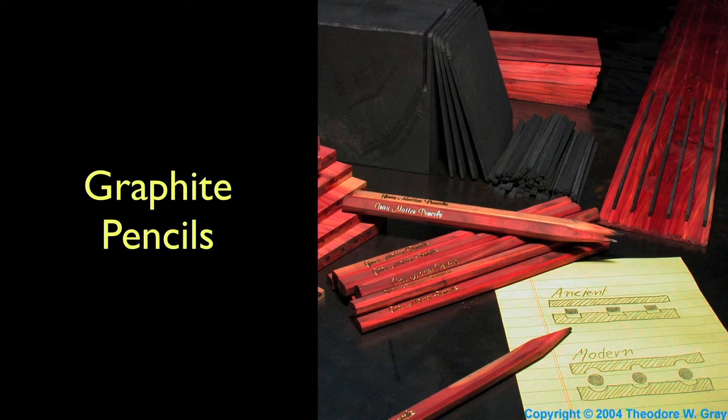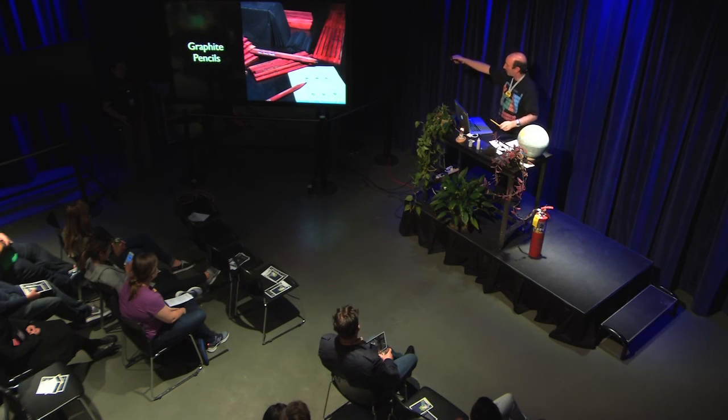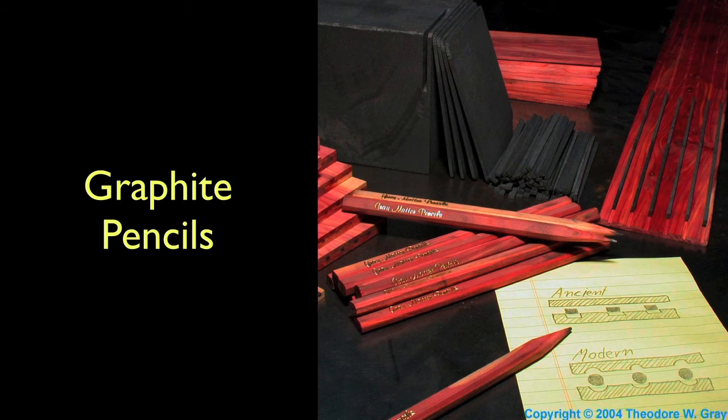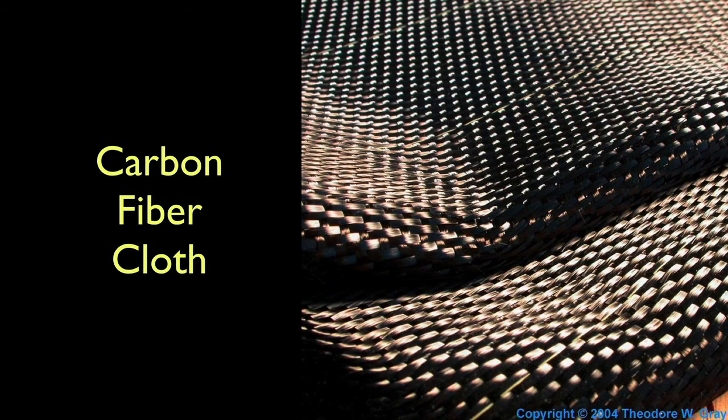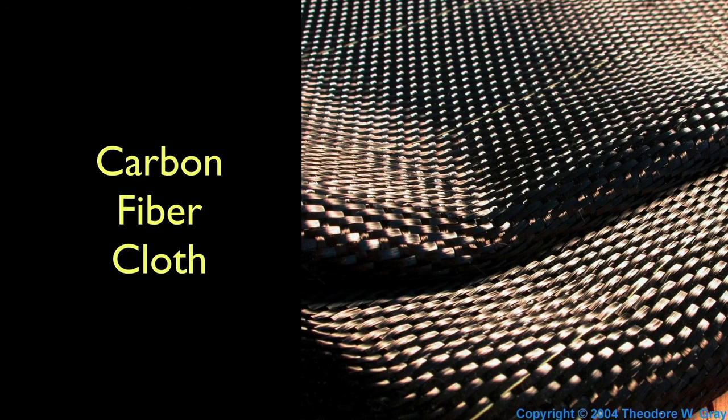Of course, graphite is used in pencils, and here you can see a large chunk of graphite that's been sawn up. They put the graphite in the middle of the wood and glue the wood together, and you get pencils. Carbon fibers can be formed, and you can weave those carbon fibers into a cloth, put that cloth into an epoxy resin, and wrap it around things to make very light, very strong structures, stronger than steel but also a lot lighter than steel. This is an industrial process that's used in a lot of places to make airplanes, boats, bicycles, very light and very, very strong structures.